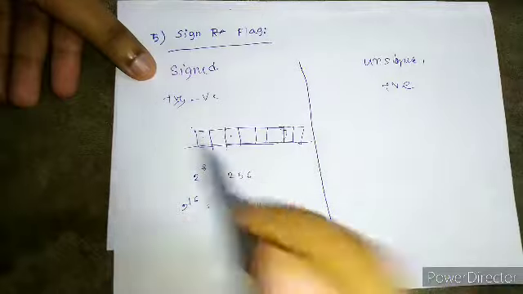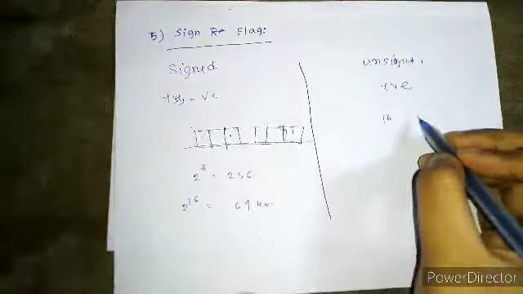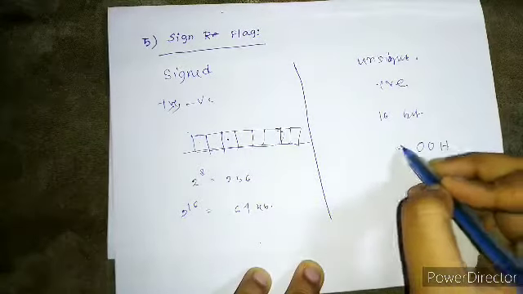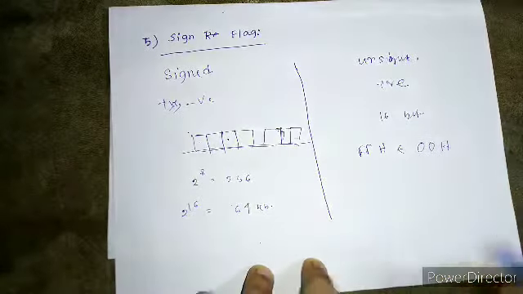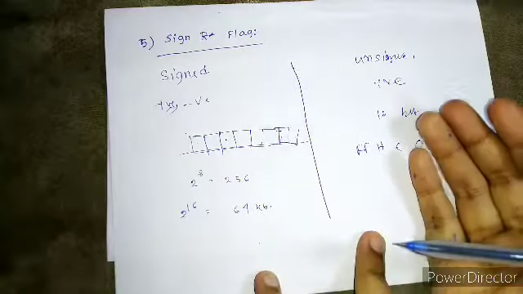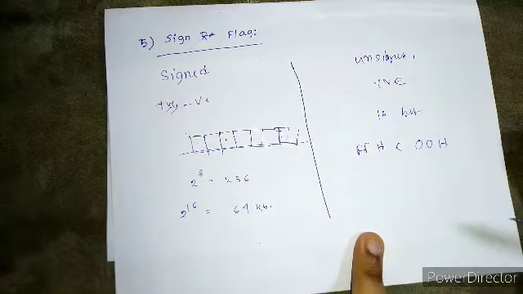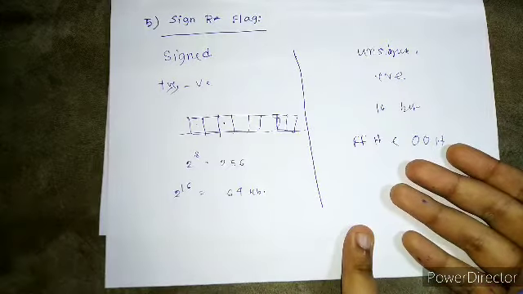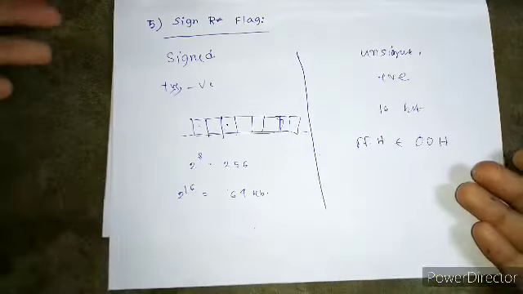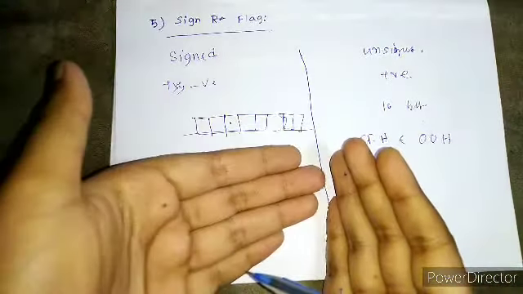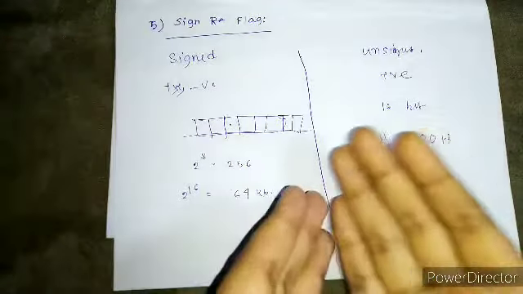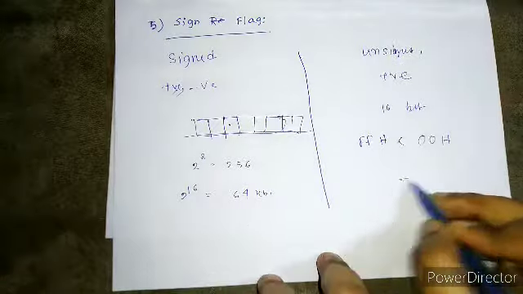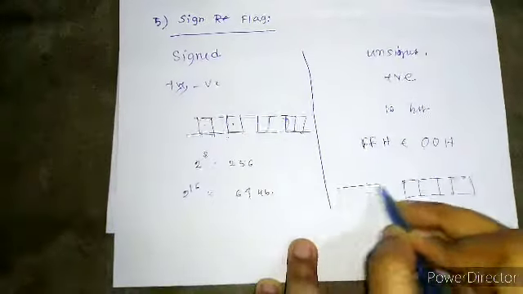In unsigned numbers, if you have an 8-bit register, the combinations can be produced as 00H to FFH, right? It doesn't produce any problem. But when it comes to negative numbers, what do we have to do? We have to split. Half of them will be produced as positive numbers and half of them as negative numbers. How? Suppose, let me draw an 8-bit box.